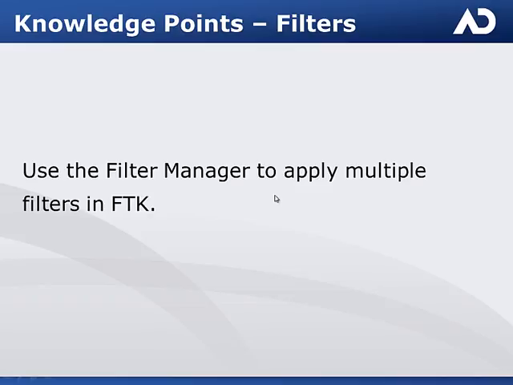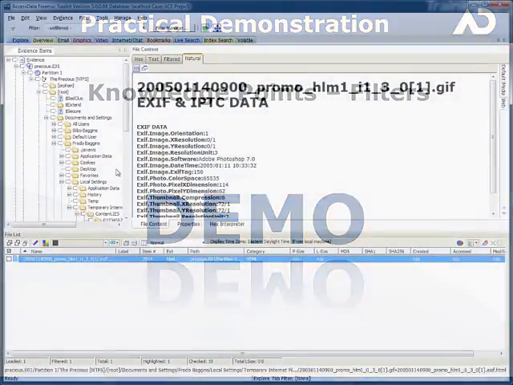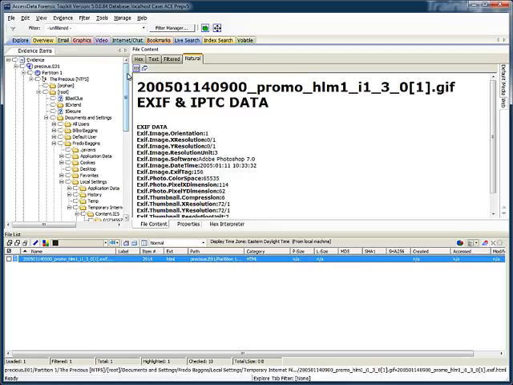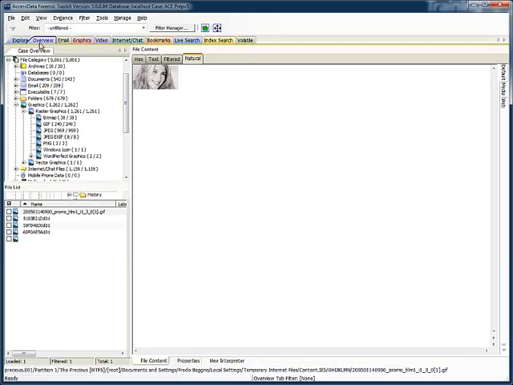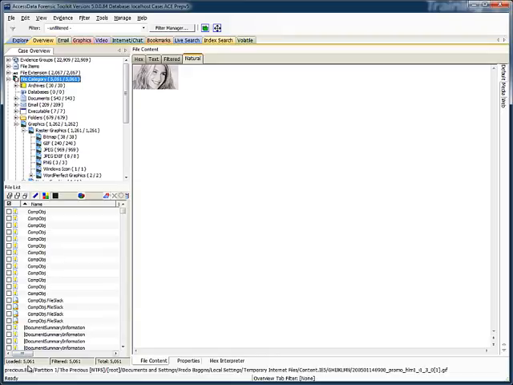Another knowledge point involves filter usage. Using the filter manager to apply multiple filters within FTK. Let's take a look at that in the tool. For this demonstration, I'll start in the Overview tab. And on the Overview tab, I want to list all my files in the case, so I'll click on my file category container. And that gives me 5,061 files to view. So if I want to filter those by using the Filter Manager, I click on the Filter Manager button,